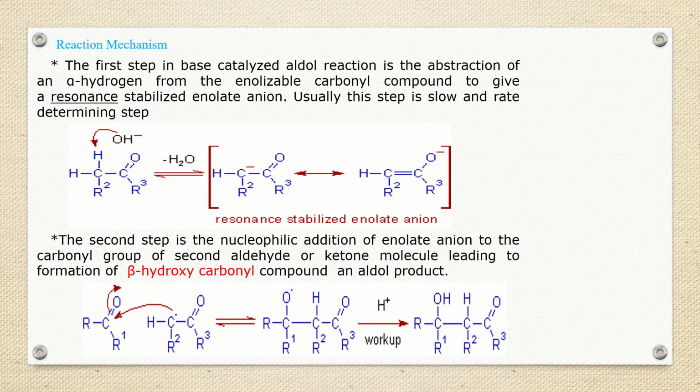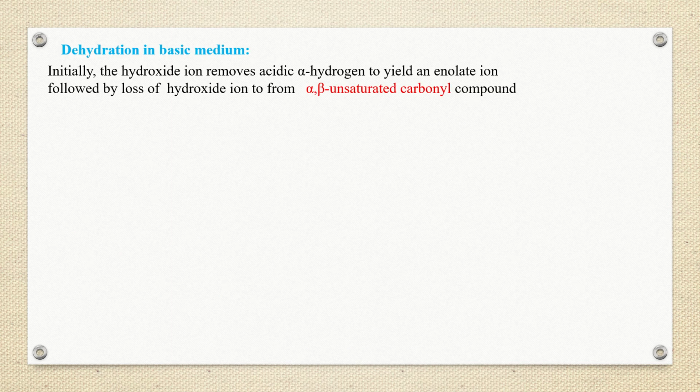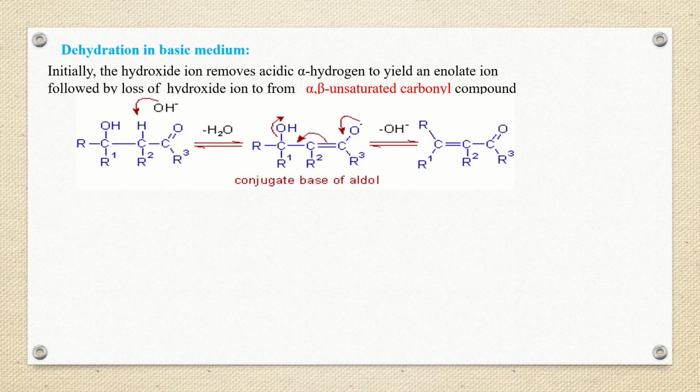Look over here. In this reaction, the carbanion which is formed goes for a nucleophilic attack leading to the formation of an aldol product on the acid workup. Since the alcohol formed is either secondary or tertiary one, it easily undergoes dehydration leading to formation of an unsaturated carbonyl compound. So this is the reaction which takes place. You get alpha beta unsaturated carbonyl compound.